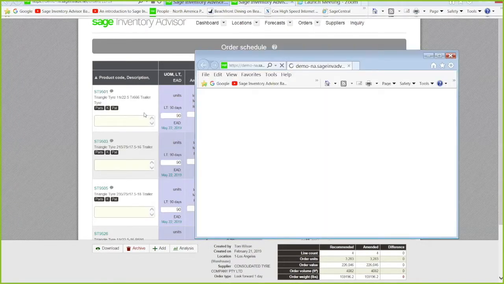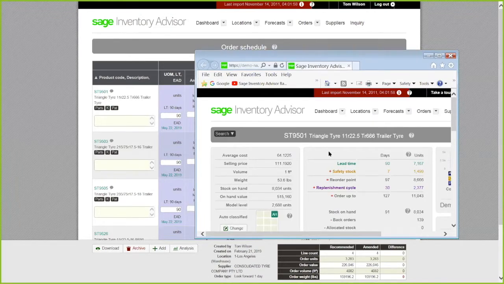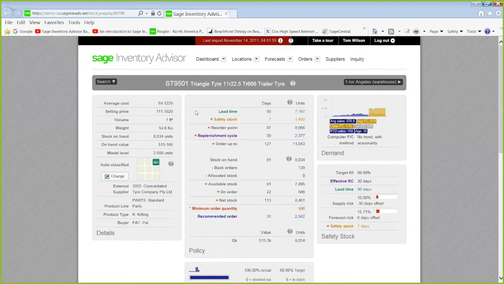I can even open it in a new window. So I went from the order recommendation to the detail. Now, this item's kind of interesting. The reason I wanted to show you this item is it is a raw material. It goes into many different finished goods. So how much of this raw material to have in stock depends on the demand for all of the finished